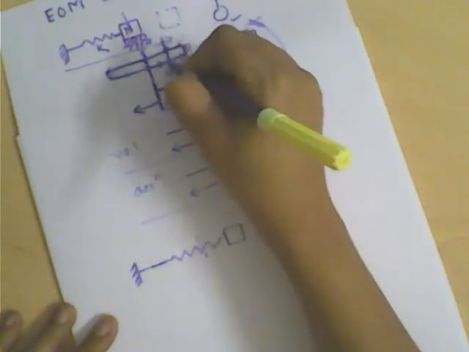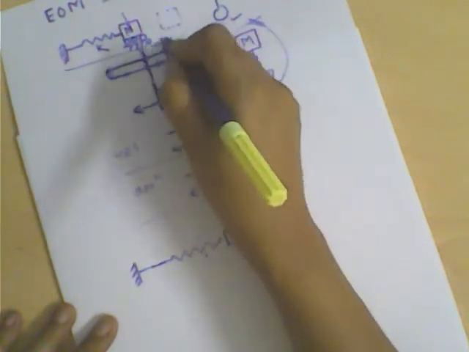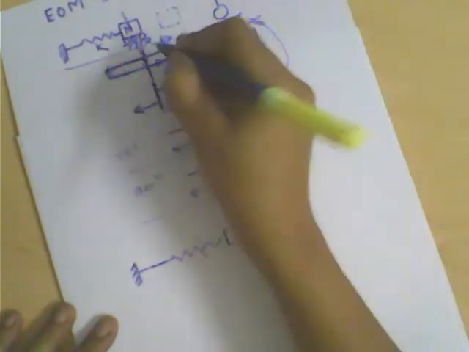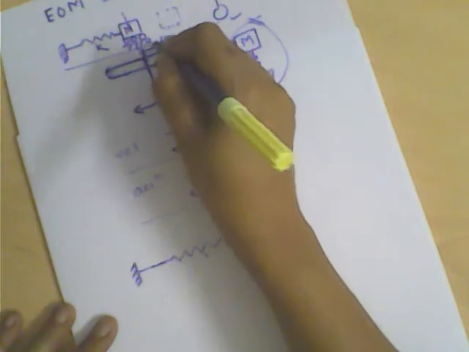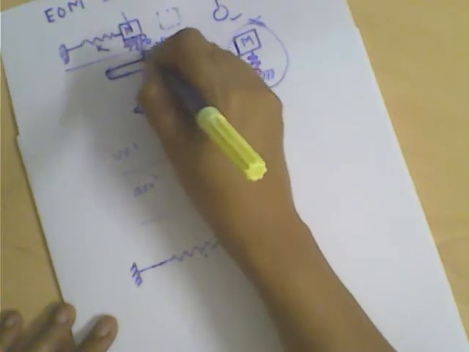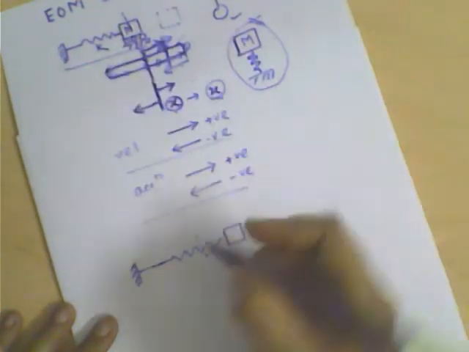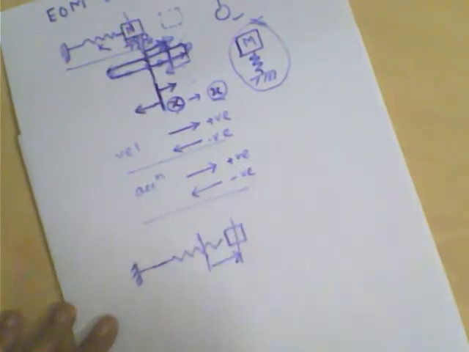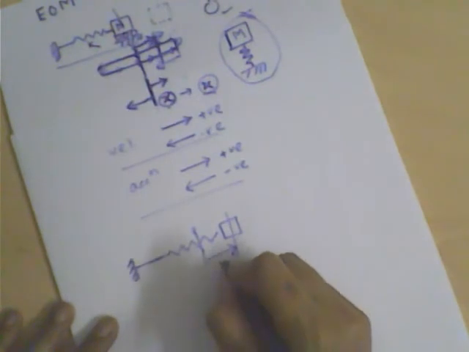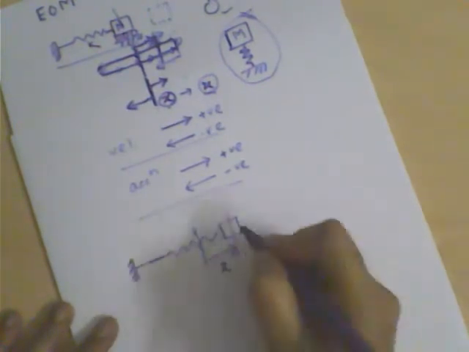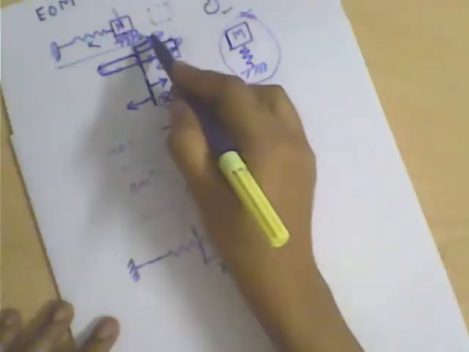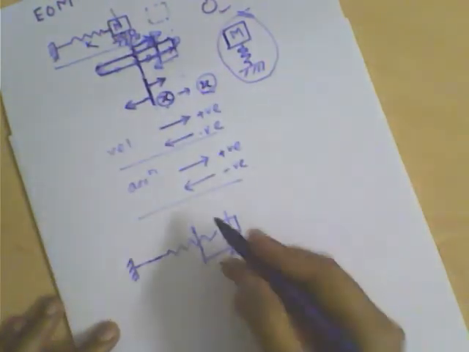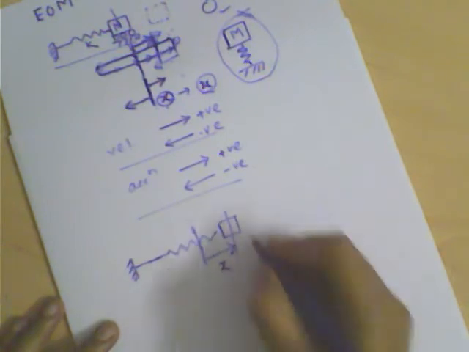So it can occupy this position either when it is moving in this way, or moving in this way. And in all these cases its displacement will be treated as positive, and this much will be the displacement, because we are measuring it with respect to the mean position. So this is the displacement. As I have said, it can occupy this position either while going in this way or while coming back from here.